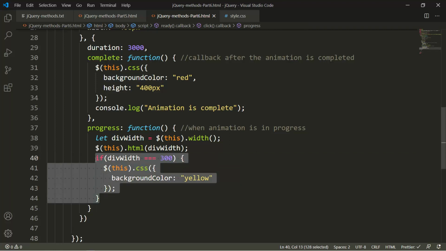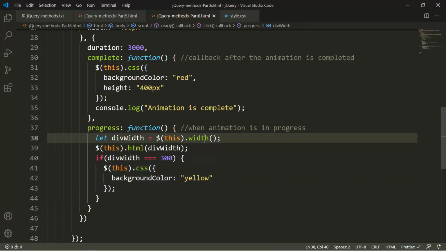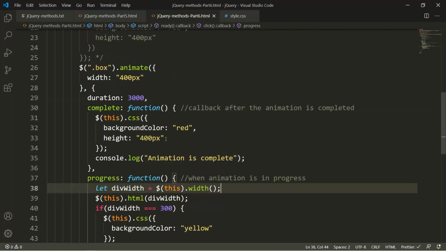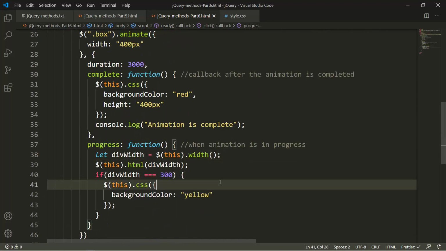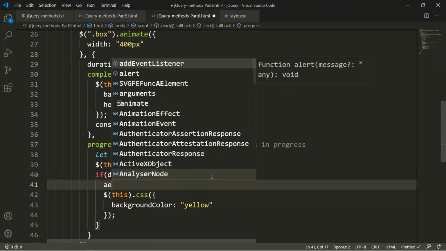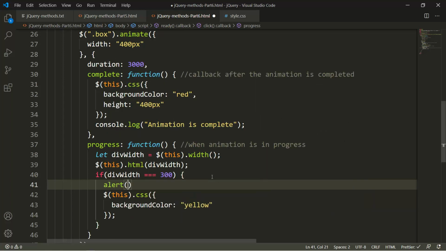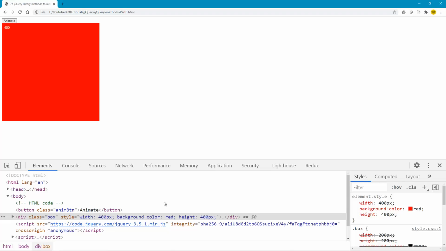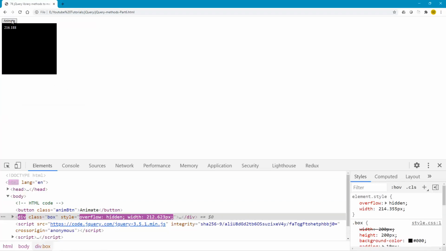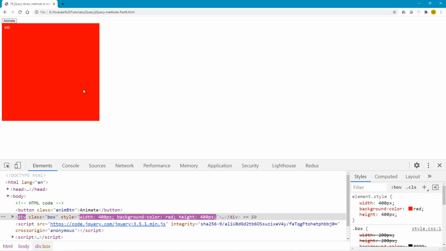Here we are displaying $(this).width, and then complete. What is wrong? If the div width is 300, let's say I display an alert here, so this alert should come up. If this is not coming, then this condition is failing somewhere. So if I refresh and animate, yeah, that condition is failing, so it never gets called.